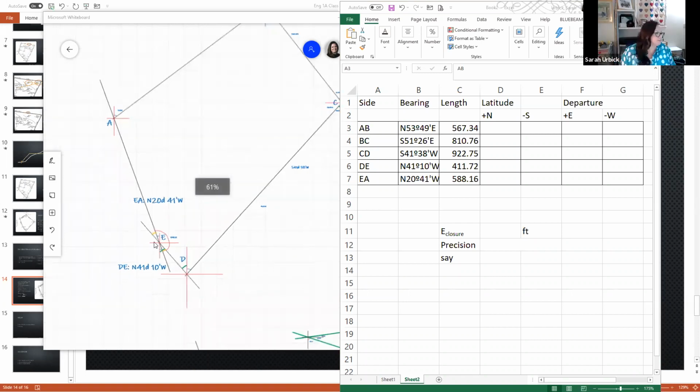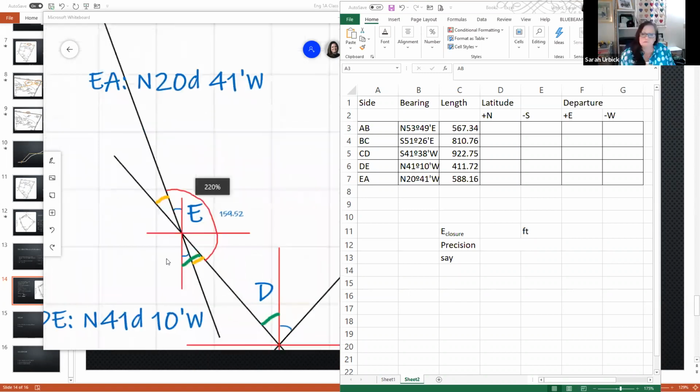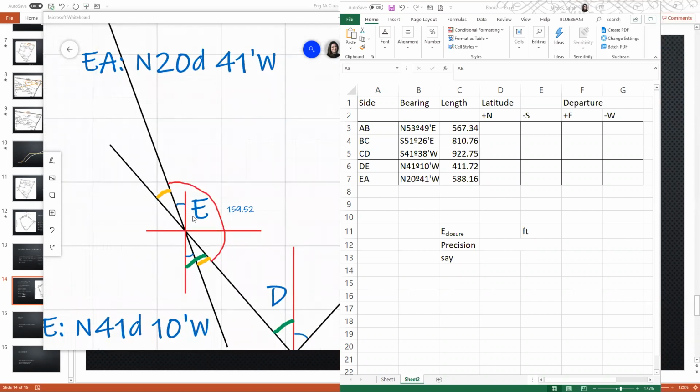Okay, hang on. Let's back up. Let me zoom in. We'll look at that. Go ahead. Begin at the beginning. Okay. So I did the 159 degrees and 31 minutes plus 41 degrees and 10 minutes to get that whole space right there. And then I subtracted by 180 degrees to get the yellow. And so I understand how we got the 20 degrees and 41 seconds. But then what I did was I took the green angle, the 41 degrees and 10 minutes, and subtracted that by the 20 degrees and 41 minutes, the yellow line, in order to get the blue angle,